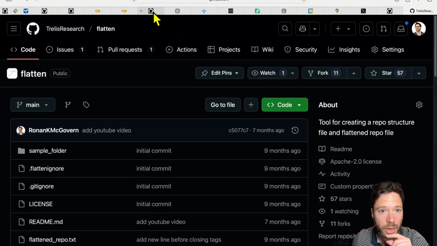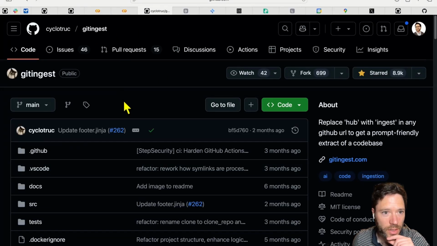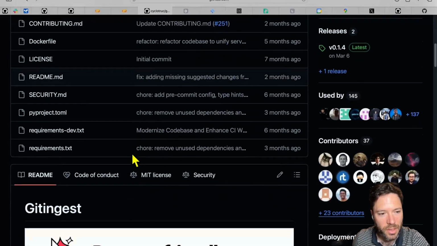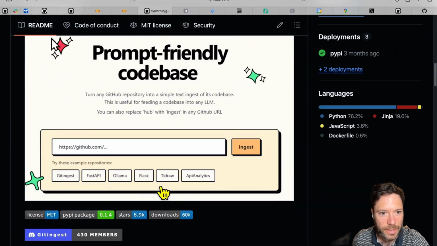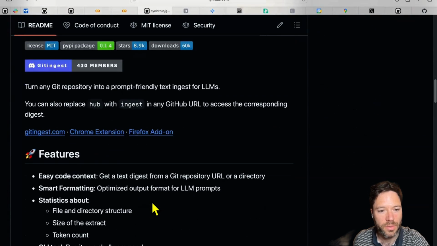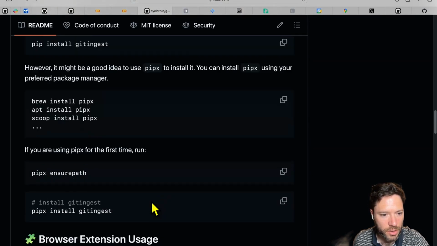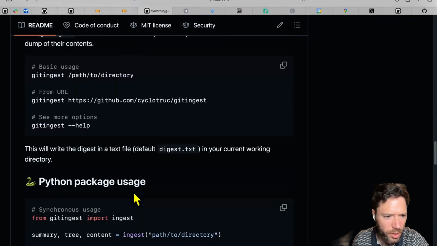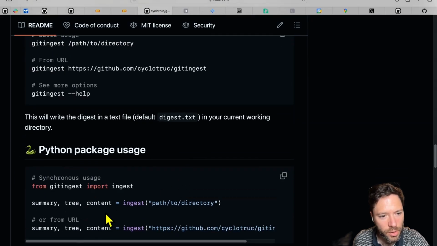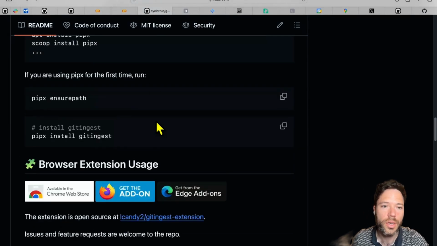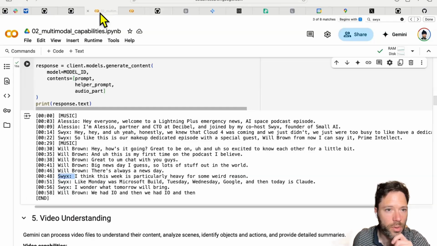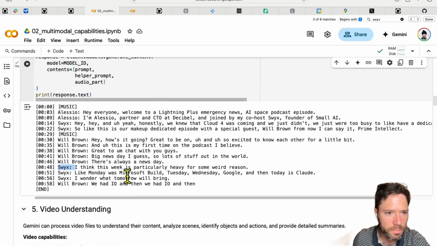But I think there's a better way, and the better way is using Gitingest. And this can take in anything you're working with on Github and get some very clean code out of it that you can ask questions of. And it's not shown here in the main README, but you can actually specify the paths that you want to include or exclude. So it's a very flexible tool, and it's demoed very nicely.